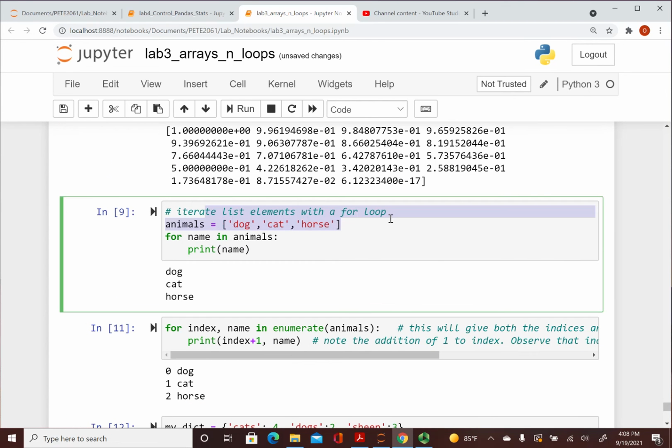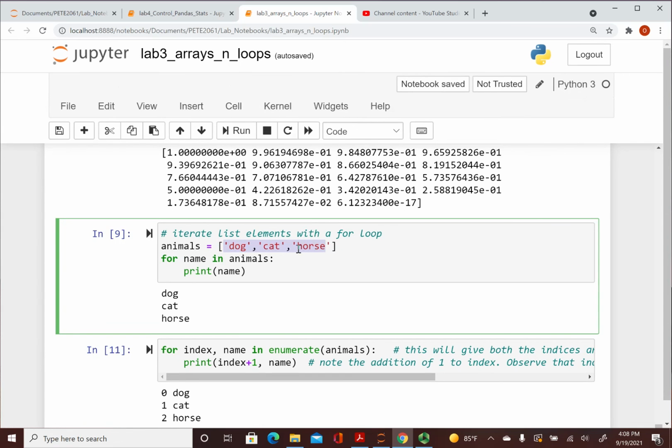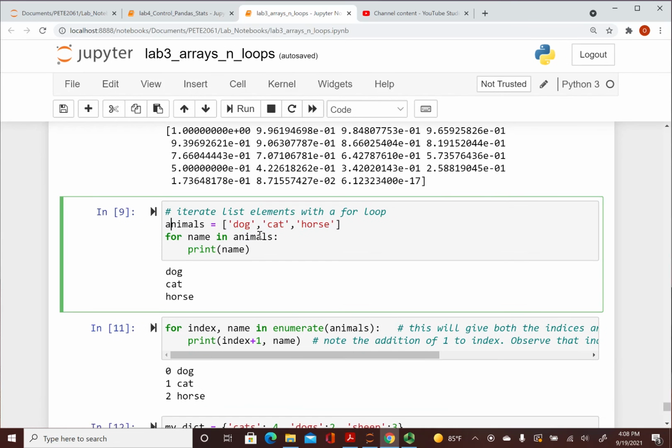You can iterate items within, so your for loops don't necessarily have to only work with numbers. You can also work with strings or items in a list. So this is your list. Your list has 3 items. And then remember, this just has to be a collection, something that has more than one item. And of course, animals is a list that has more than one item, and we're grabbing each one and sorting